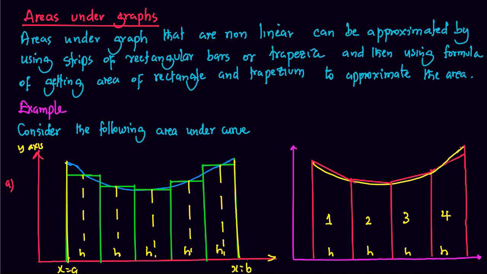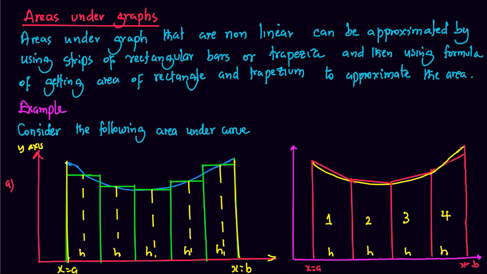Then we can calculate or estimate this area, the area under the curve, the line x is equal to A and x is equal to B, by adding the areas of each trapezia, that is 1, 2, 3, and 4,